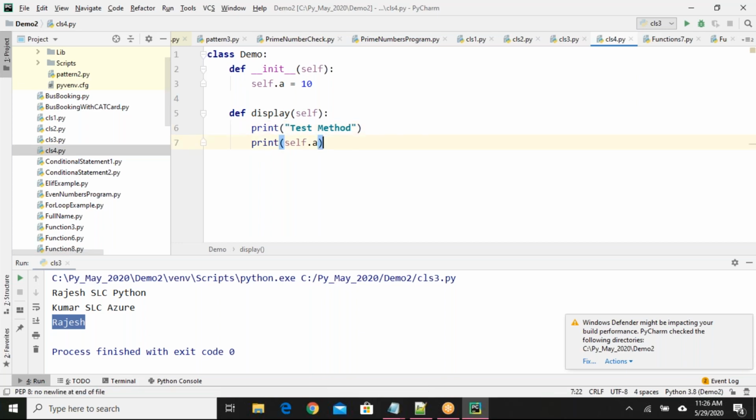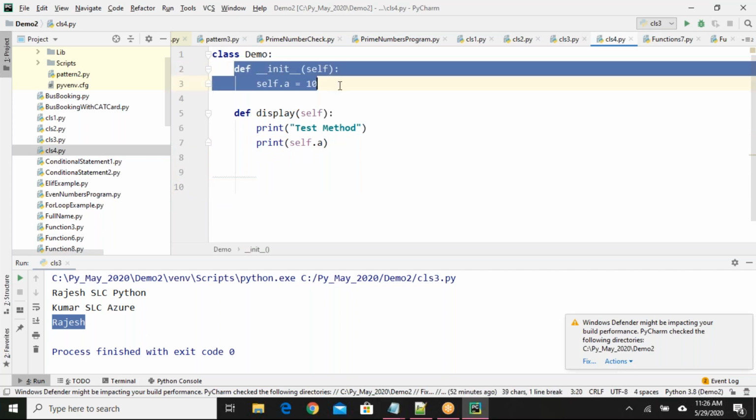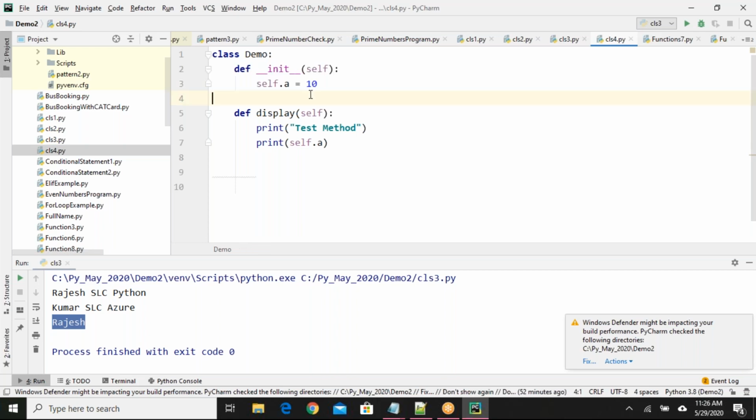See here, I have declared one class Demo. I have declared one constructor, def constructor, self.a equals 10. That means I have declared one variable a for the instance and its value is 10. I initialized the value to 10.